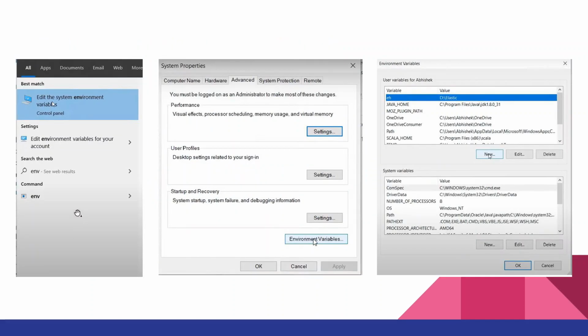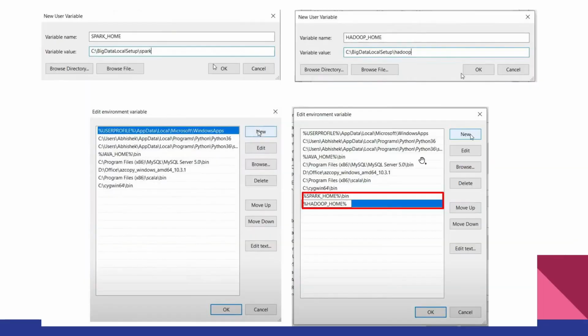Here are a couple of screenshots just for your reference about how to set up the environment variables. So this was step 1 in the start menu. After the start menu, we go into edit the system environment variables. We go into edit variables, we create a new variable over there. We create Spark home with the variable value being the path of the folder where we extracted the files. The second variable name being Hadoop_home, where we